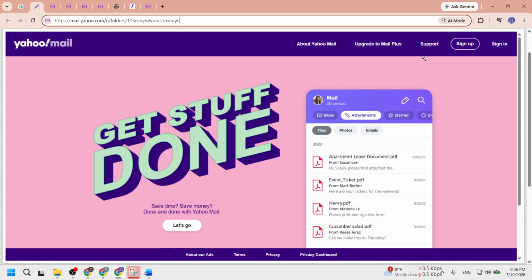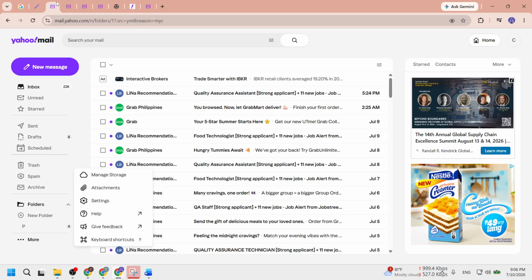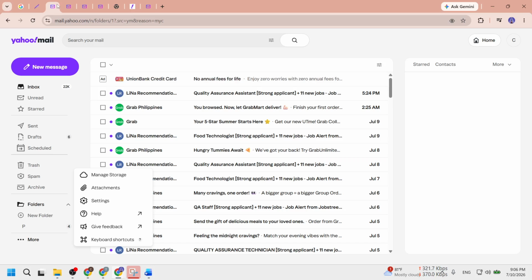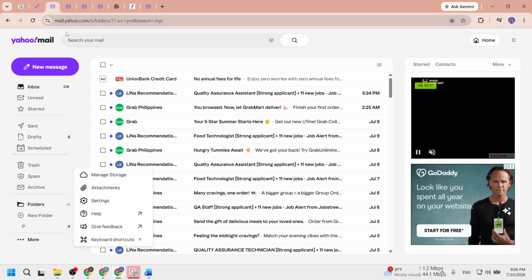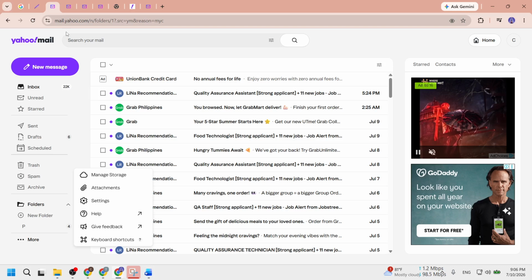If you are not already signed in, you may be prompted to enter your login credentials. This includes your Yahoo email address and password. Type them in carefully, ensuring there are no typos. After entering your details, click the Sign In button. Signing in is crucial because you need to access your account to modify settings. If you enter your credentials correctly, you will be taken to your Yahoo Mail inbox where you can manage your